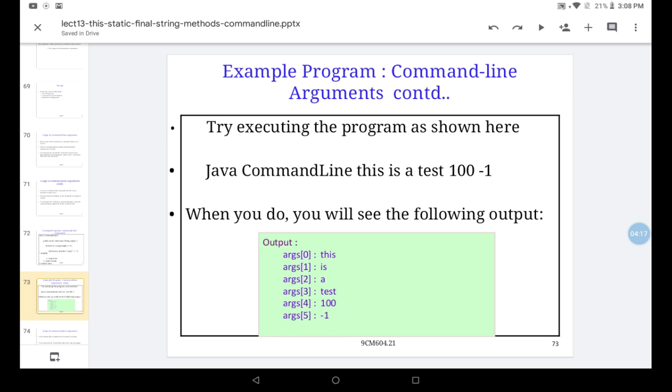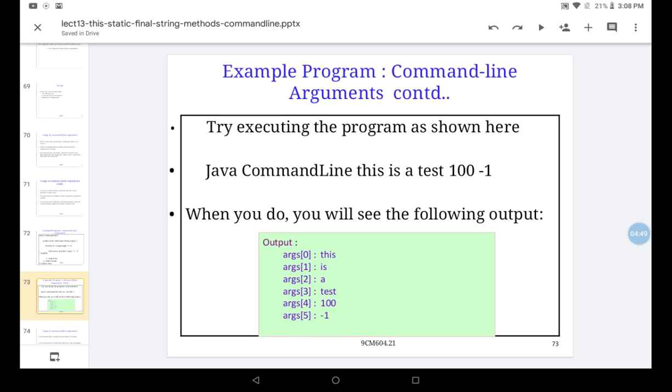CommandLine is the class file, and "this is a test 100 -1" are your command line arguments. These are all stored as a string array. So how many elements are there here? This is a test 100 -1, so a total of 6 elements are there in the string array.